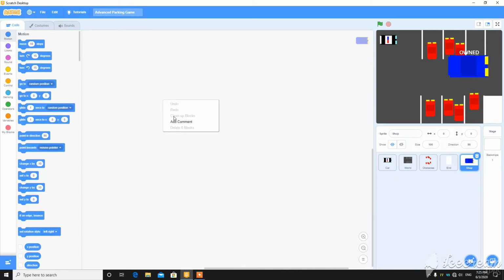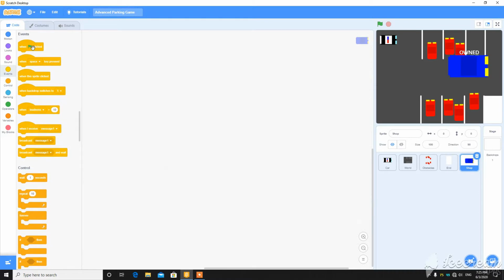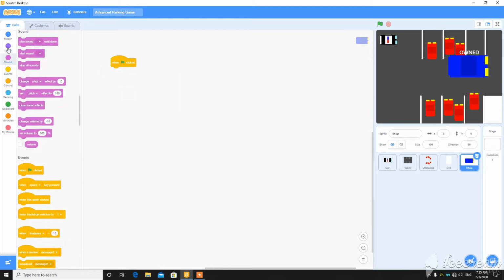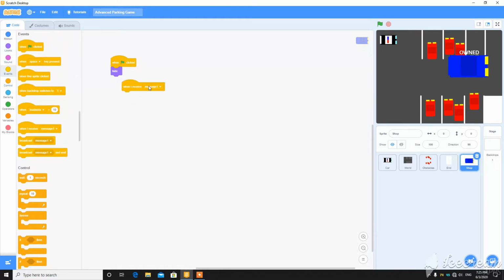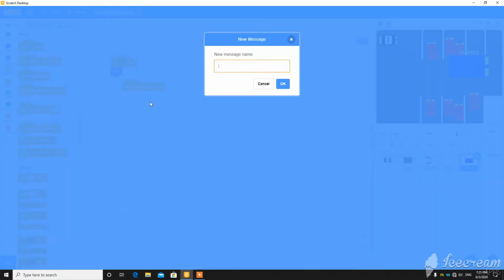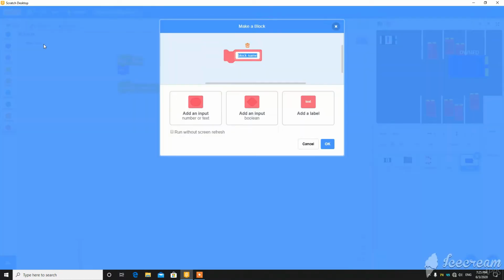So let's start coding. When the green flag clicked, hide, and when I receive open shop, then you can make a block called build, with a number input called start. Run without screen refresh should be checked.